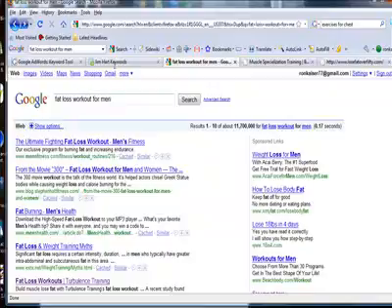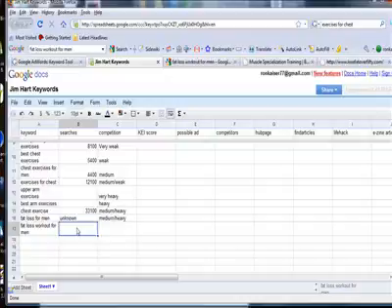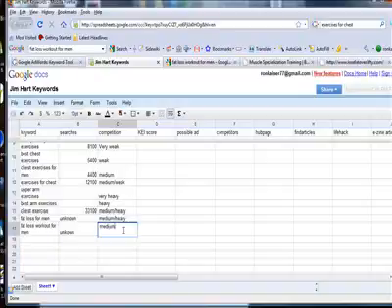So I'm going to put this into my spreadsheet. I'm going to put unknown. I want to go back to that. And for competition, I'm going to type in medium. So just from looking at this, for fat loss for men, this is potentially looking like a very good area for me to optimize, to create pages for, front end offers for, and a product for.